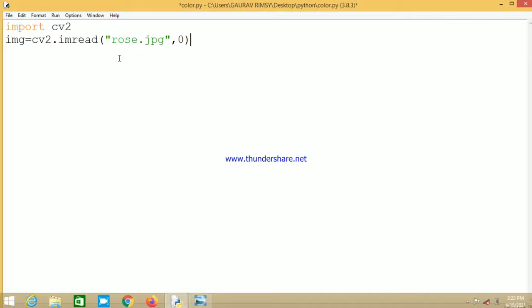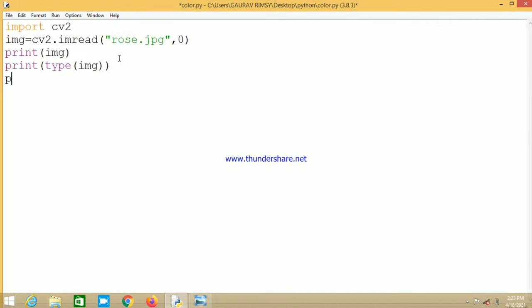And after that we are going to print our image. Printing our image means it is going to show the pixel values of your image, in the form of a matrix. And then let's check the type of our image. So what is the type of our image? We can check that using the type method. I told you earlier in my classes how we can check the type of any particular object, like the type of a string or of any number. That will show you which class it belongs to.